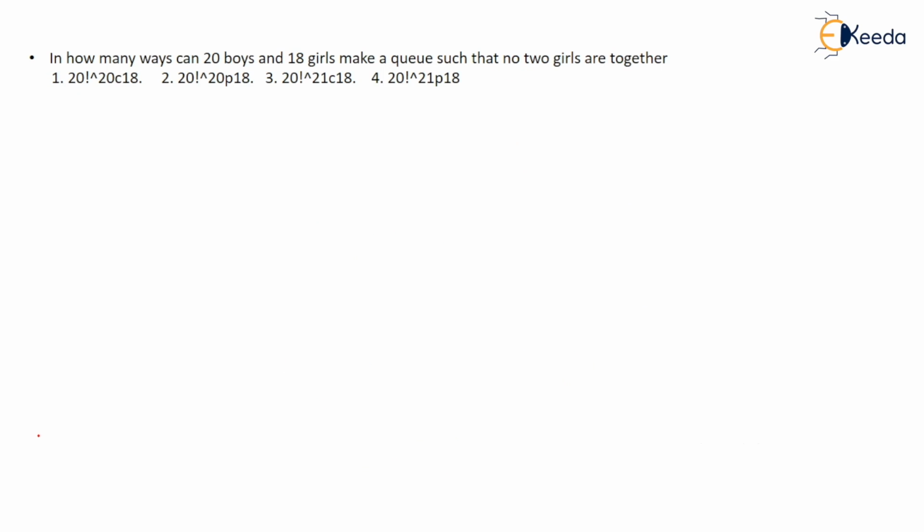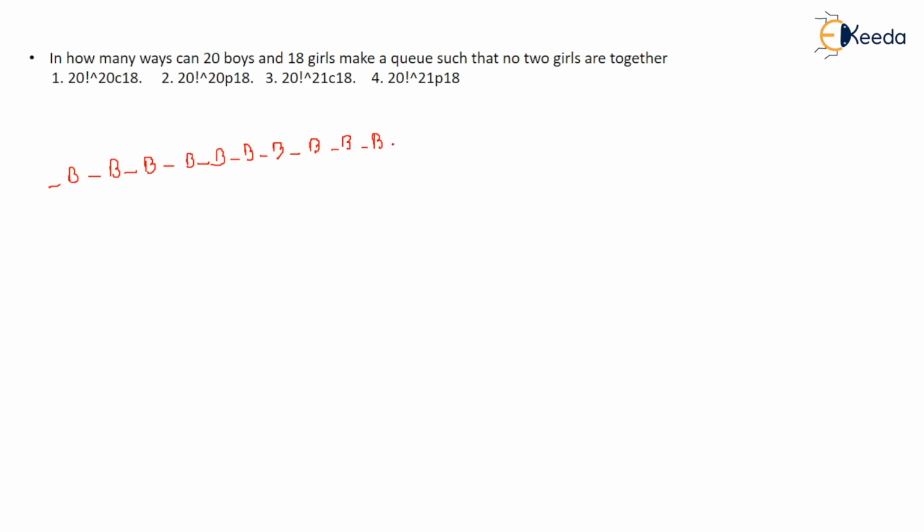So here is a question in front of us: in how many ways can 20 boys and 18 girls make a queue such that no two girls are together? What that means is, if no two girls are together, there must be a boy between two girls, right? So if here is a girl, here is a boy, then again a boy, then girl, then boy, then girl, then boy, then girl. Similarly, 1, 2, 3, 4, 5, 6 boy, 7, 8, 9,